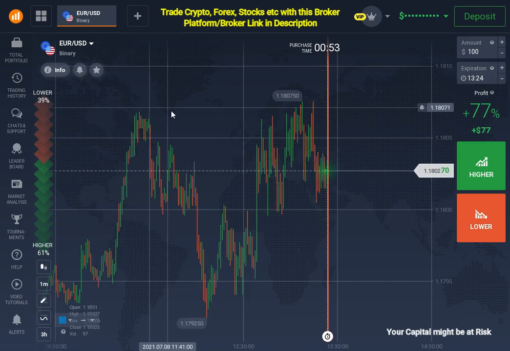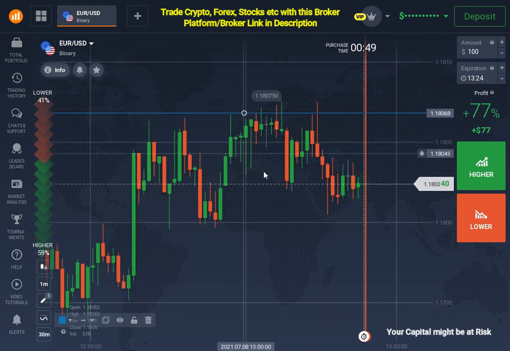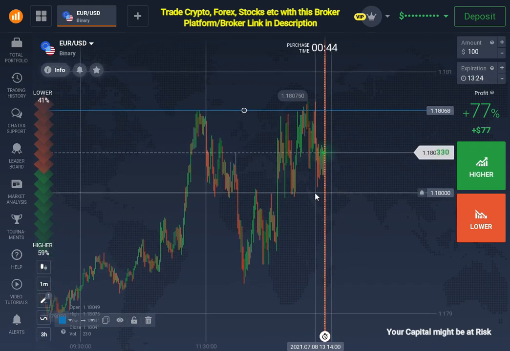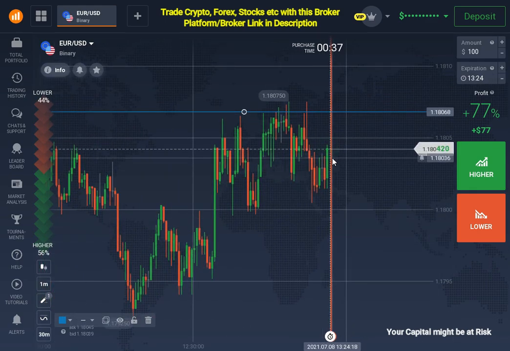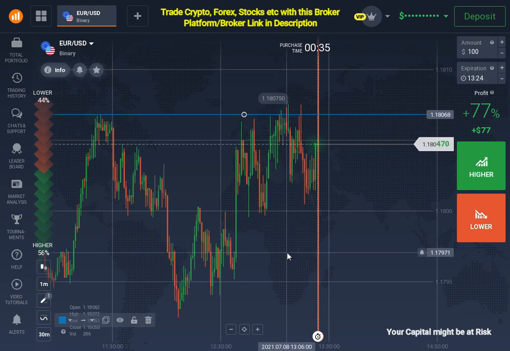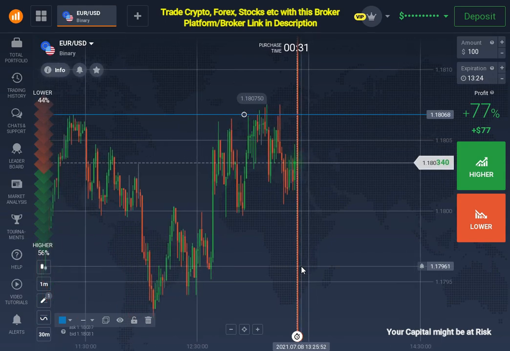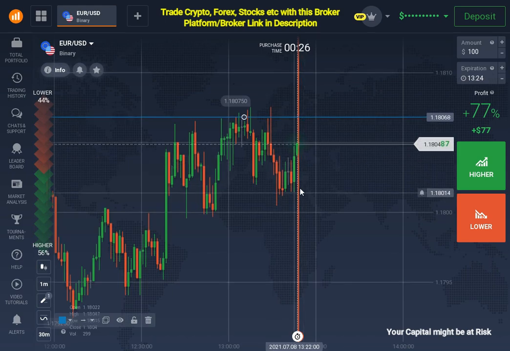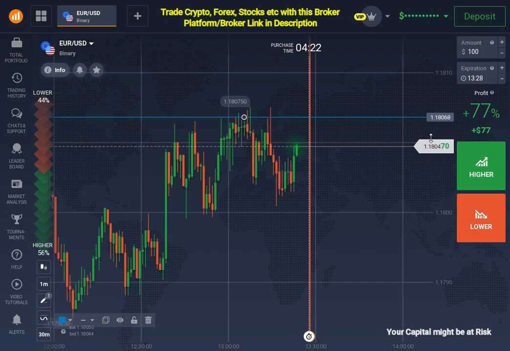Let me draw a level here. You can see this is the first and this is the second. So we have a double top pattern here, which is a sign of reversal. It's a reversal pattern, but the market is moving upwards to about the same level. The major trend is uptrend, and the minor trend is also uptrend, and it was in a retracement phase. Now it is going upward again.